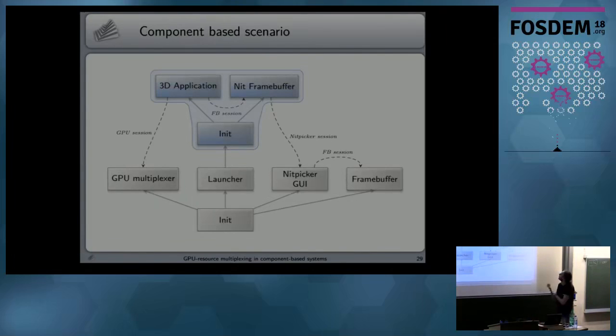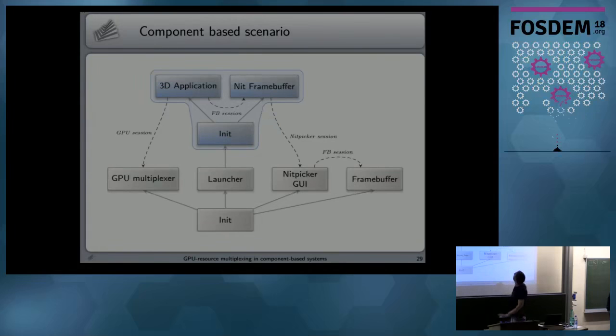So in the end, we ended up with a demo scenario like this. This would be a Genode demonstration component system. It's a very small one. So you got your root task here. It launches our GPU multiplexer slash 3D renderer. This is not really necessary, but just for demonstration. Then we have our frame buffer, which must come from somewhere, right now our real hardware frame buffer, and our